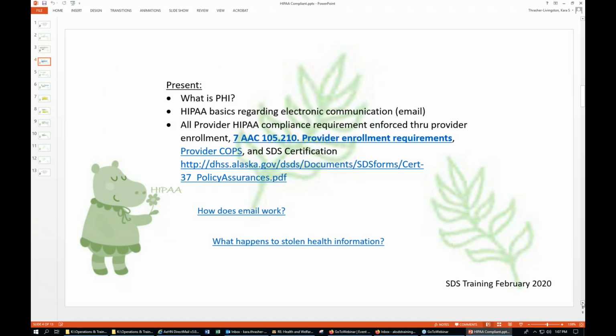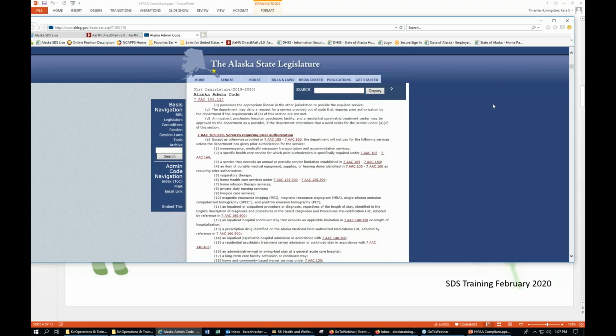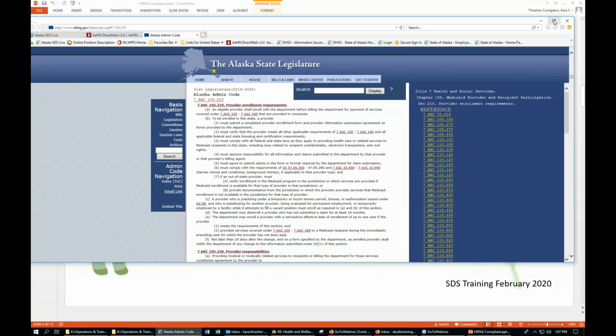First, we'll talk about what PHI is, a little bit about HIPAA basics. Our enforcement here is through our provider enrollment requirements, and I'm going to go ahead and try to open that little link there and share them with you. We don't have to read these out